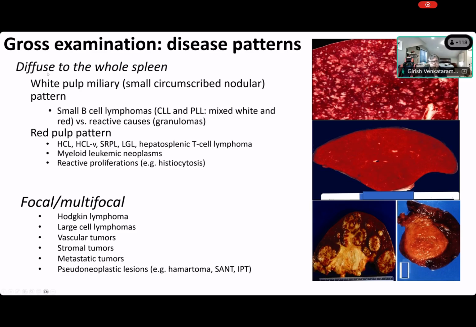It suffices to know that if you have a diffuse lesion, you have white pulp and red pulp patterns. And obviously, if it's a red pulp disease, you could have lymphomas involving the spleen. There are certain entities which we will discuss down the line. And you can have myeloid neoplasms, right? A patient could have myelofibrosis, and there could be extramedullary hematopoiesis occurring in the spleen, and you will see a lot of myeloid cells, right?